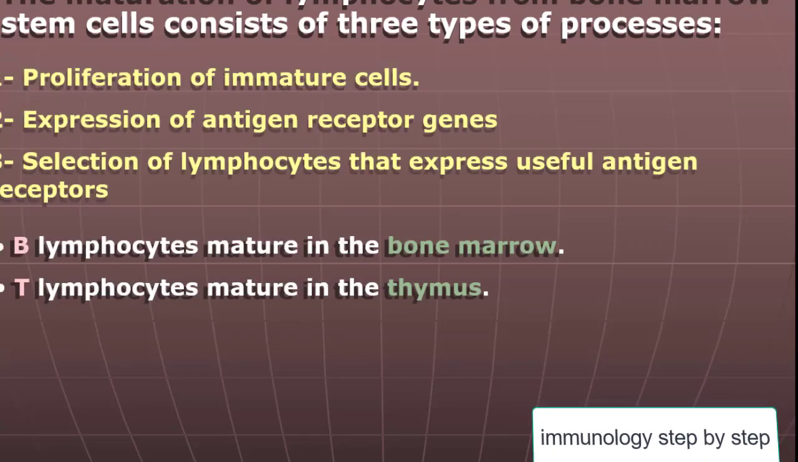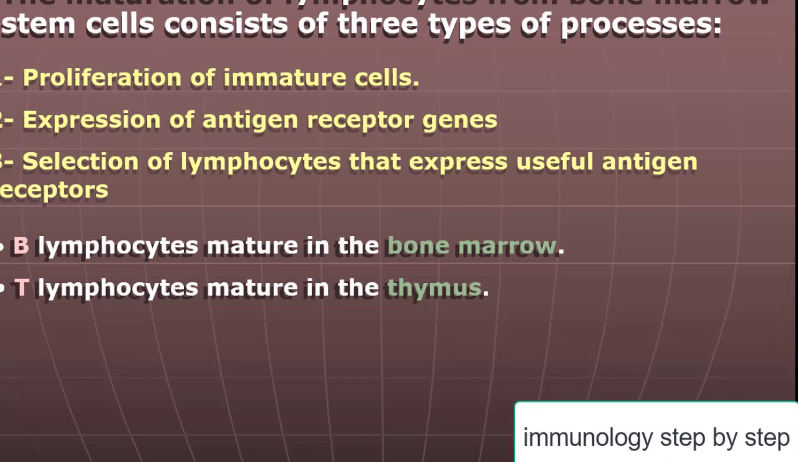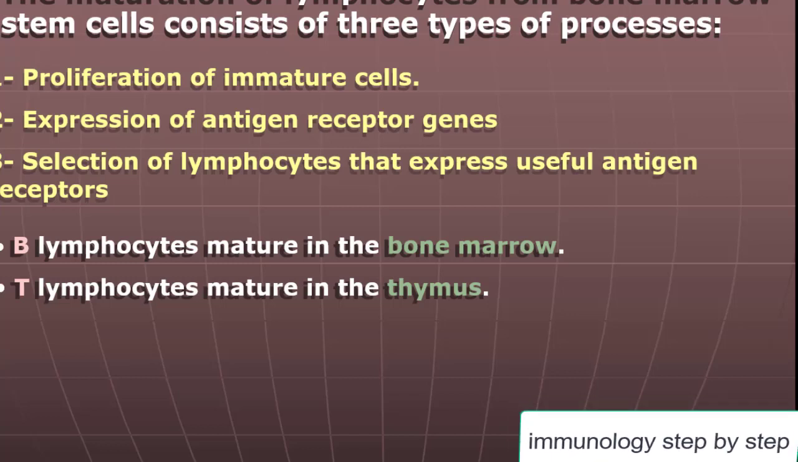Maturation of lymphocytes. The maturation of lymphocytes from bone marrow stem cells consists of three types of process: proliferation of immature cells, expression of antigen receptor genes, expression